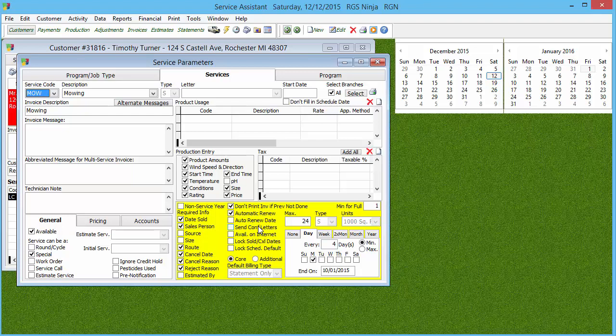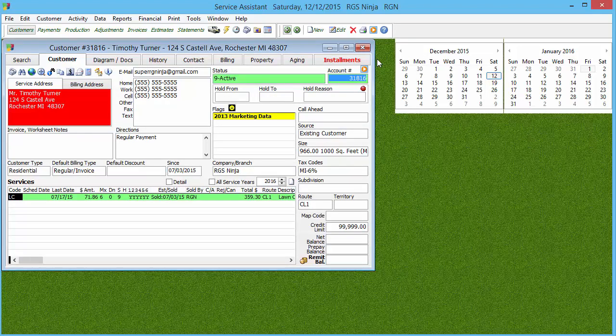So like I was saying, this has caused a lot of confusion, especially when I work with a brand new company that's just starting, and we're trying to make sure we're all on the same page. I want to make sure that when I say, let me see what the program is, or what services do you have in the program, or do you have it set up as a repeating special or a program, you understand what I'm saying.